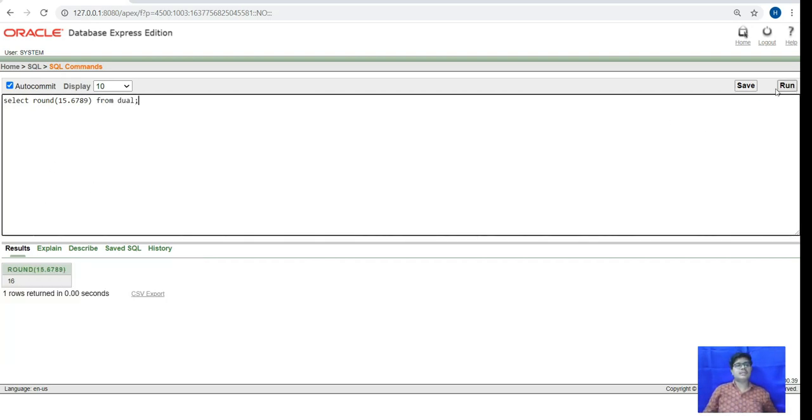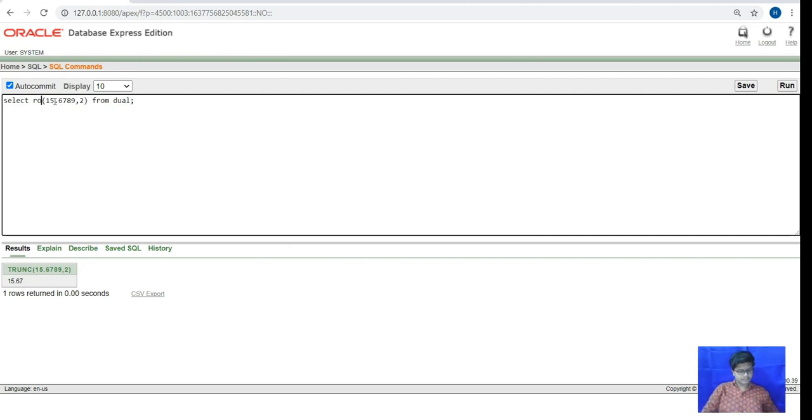When we round to 2 we get 15.68, and when we truncate, one number will be gone.